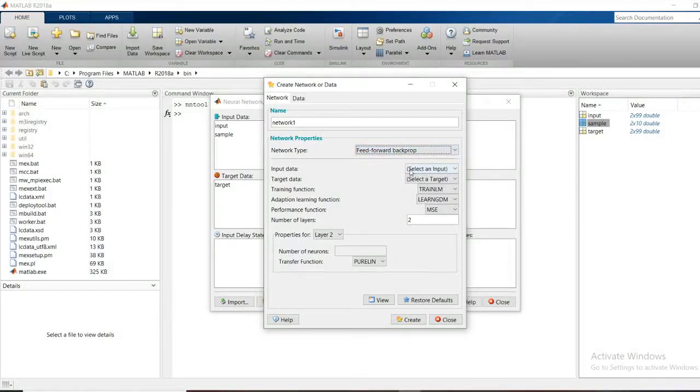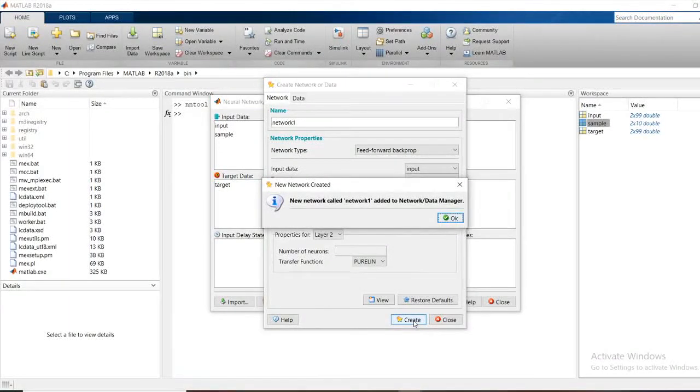Go for input data, select input. And go for target data, select target. We can take properties as layer 2 and transfer function as purelin, or you can take tansig or logsig, but purelin is good for accuracy, so I've chosen that. Now click on create.